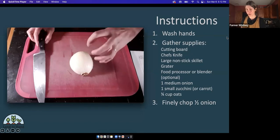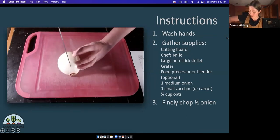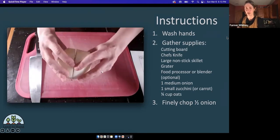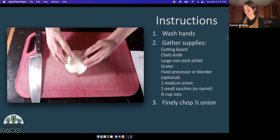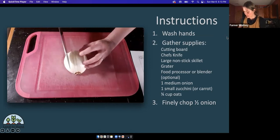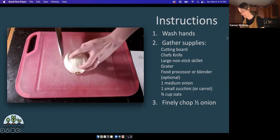So again, we'll use our claw hand, and I'll take the tip of my knife and I'll make a cut that goes all the way down to the cutting board, but does not go all the way to the root. And so it kind of looks like this. It's still attached at the root, but it went all the way through. And I'll keep making cuts like that that are pretty close to each other,